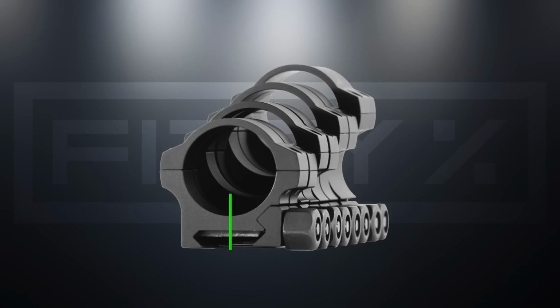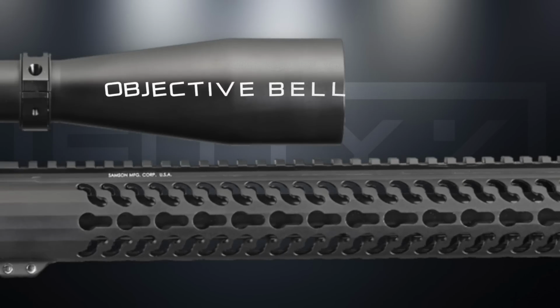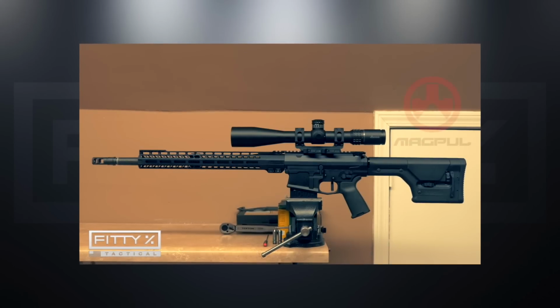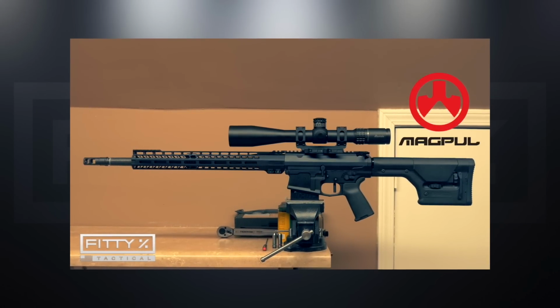When it comes to the height of the scope rings and scope mount, you need to get them tall enough for the scope's objective bell to be able to clear the rifle's handguard and/or barrel, and try to get the objective bell to barely clear because lower is better. Now, I'm going to go over how I mount my variable powered optics. I went over this slightly at the end of the video I've completed in 6.5 Creedmoor,